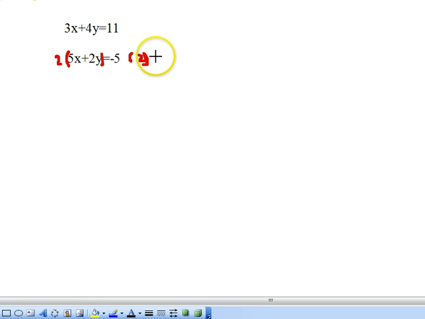And our problem right now is that we couldn't originally eliminate any of the variables by using the addition or subtraction method. Okay, so if we multiply by 2 on both sides of this equation, we get 10x